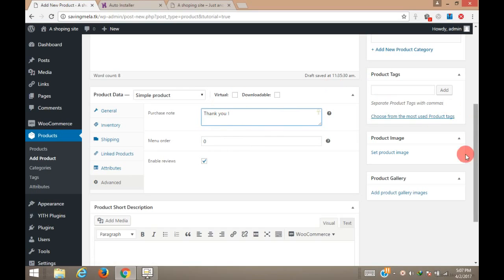Okay, here you can add a product image. What is the product about? So I just downloaded a mobile image of Lava Iris Exit.